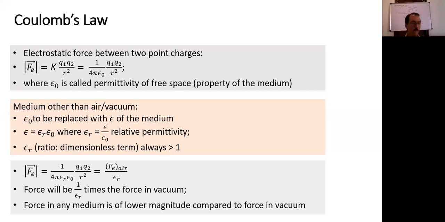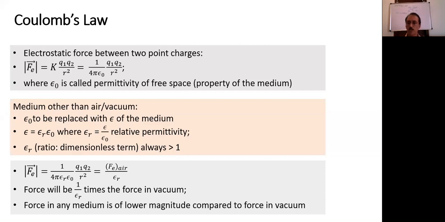So if I say oil has a relative permittivity of 3, what do you understand? What comes to your mind? 3 times the permittivity of air. That's one thing that should come to our mind. The second thing is, suppose I have two particles and the force acting between them is 10 Newton. I kept the two particles in this room, which is in air. Force between them is 10 Newton. I fill up the whole room with that oil. What will happen to force between these two particles? 10 by 3. That's what it means. So that's what you need to understand.